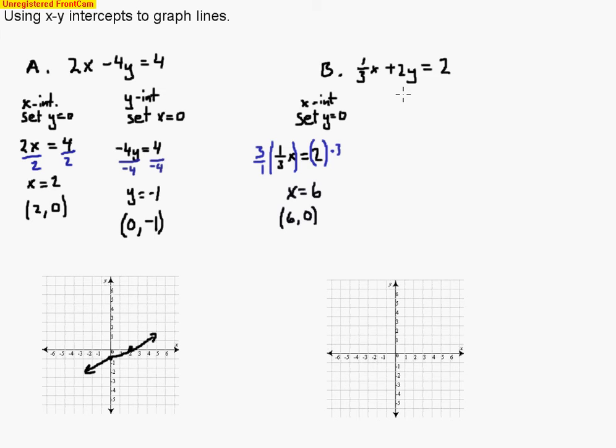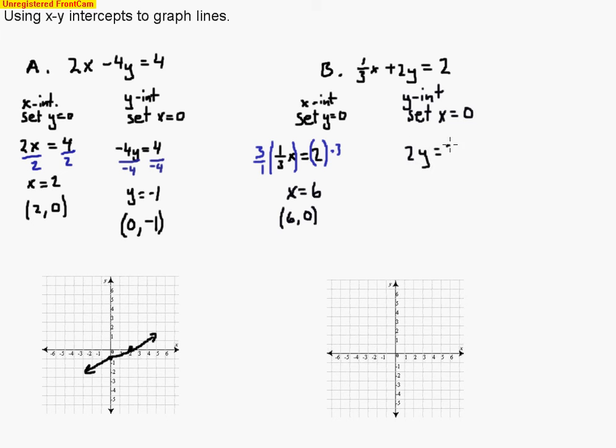But before we do that, let's find the y-intercept. Remember what we're going to set x equal to? What's the value of x when we're on the y-axis? Well, it's 0. Whenever we're on an axis, we're always going to set the other variable equal to 0. So remember, it's going to cancel out that x term. That's going to be gone. So all we're left with is the 2y equals 2, because 0 times 1/3 makes 0. So we're no longer going to see that term. So we're going to write down exactly what I just said there. We're going to write down 2y